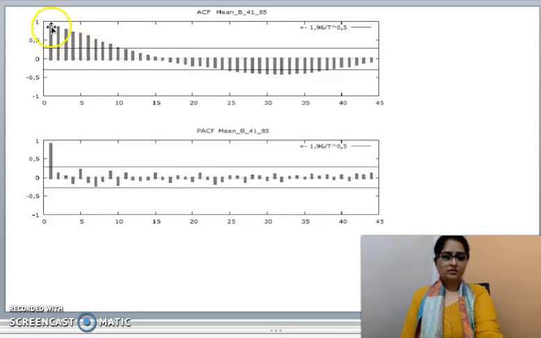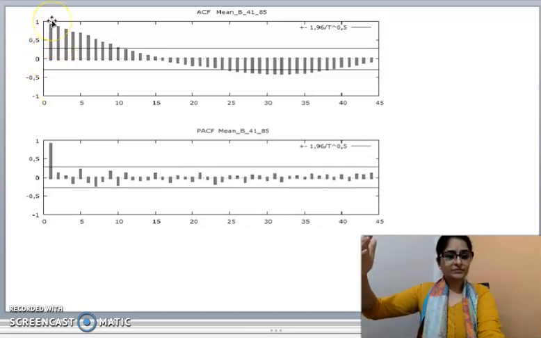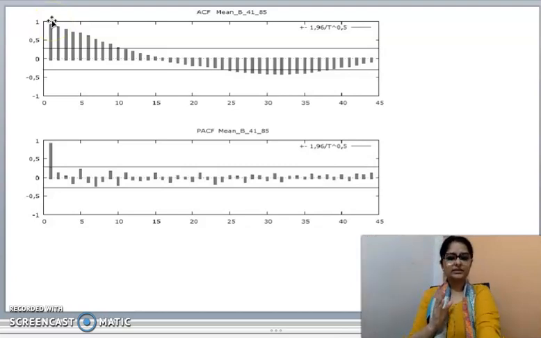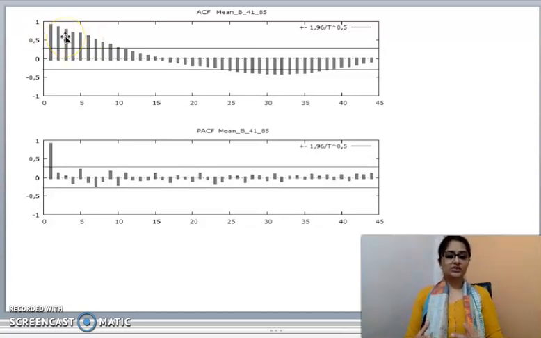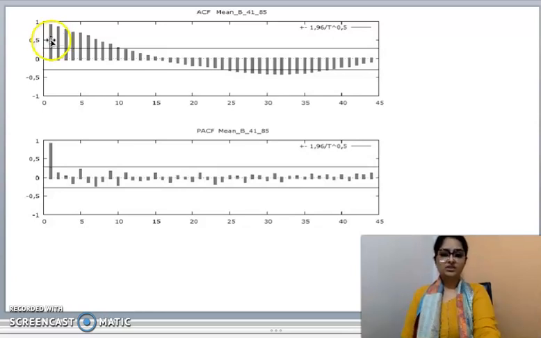Look at this. This is the first lag, second, third, fourth, 5, 6, 7, 8, 9, up to 9 lags. There is some kind of relationship I can see. There are plus-minus 0.05 bands, and it's going beyond them. To understand it at this stage, if it goes beyond 0.05 here, that means there is a presence of autocorrelation. The series is showing some relationship, because this is going beyond the bands mentioned here.